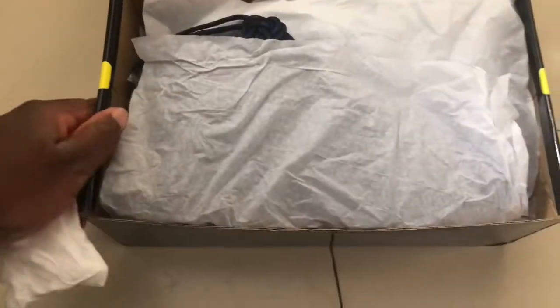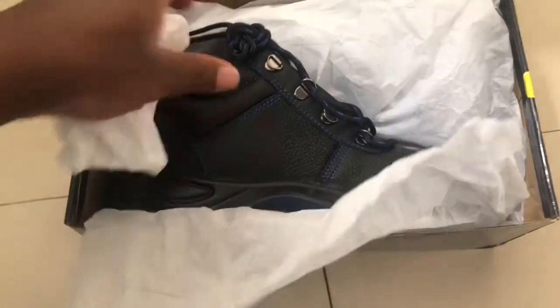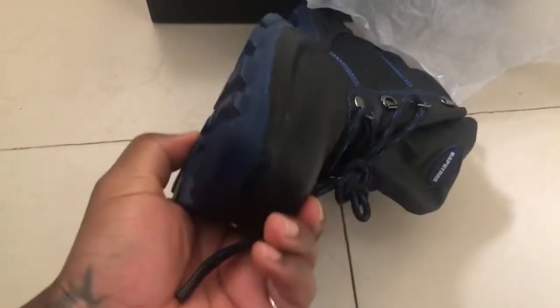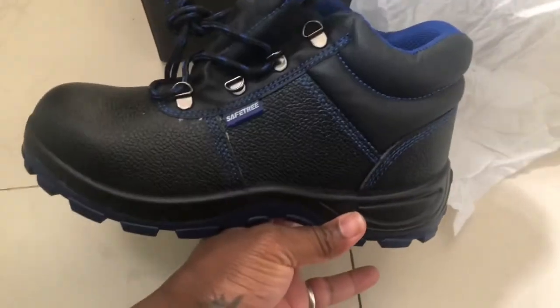Hey boss, the safety shoe I told you I found and ordered for a sample. Here's a sample, and so I'm gonna show you how it looks and probably take it to... this is how it looks. It's quite good,